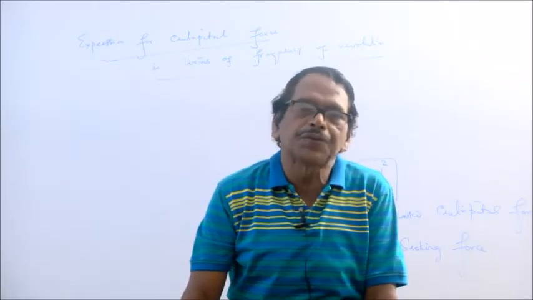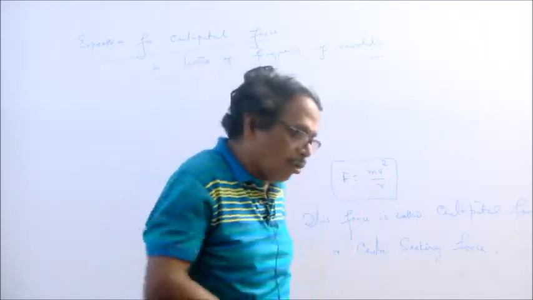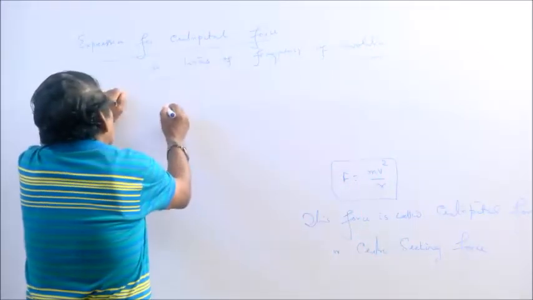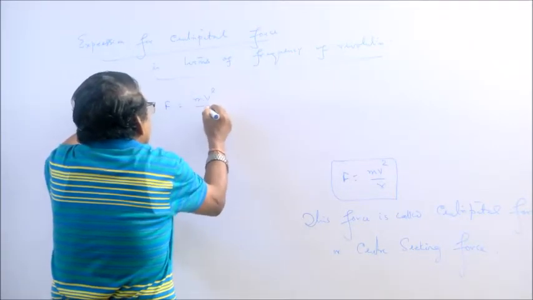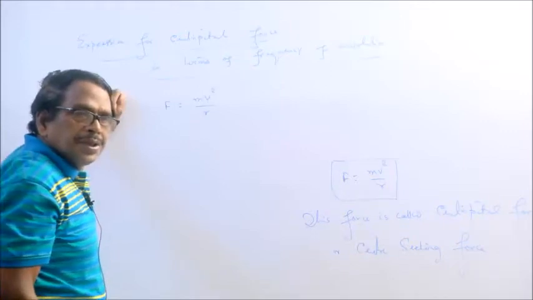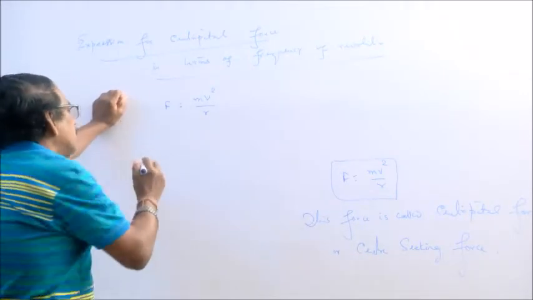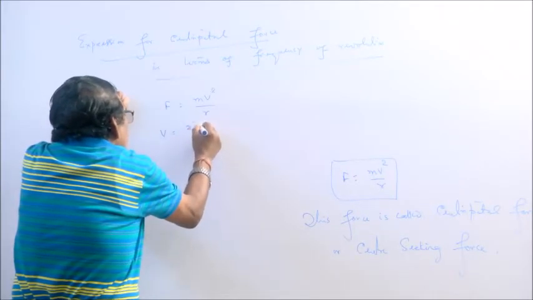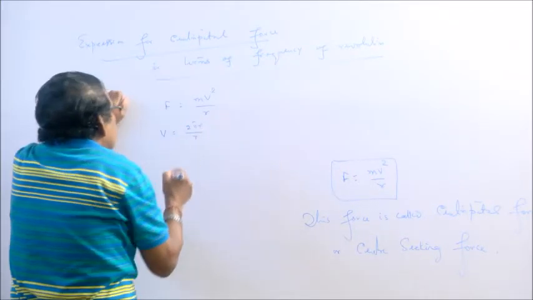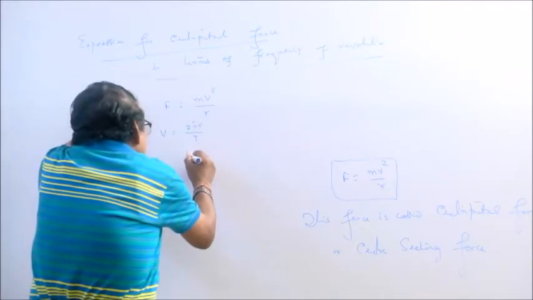What does it mean by frequency? It is the number of revolutions made by the body per second. How to find out? F is equal to mv square by r. m is the mass of the body, v is the speed of the body, and r is the radius of the circular path. As you already know, v is equal to 2 pi r by T, where T is